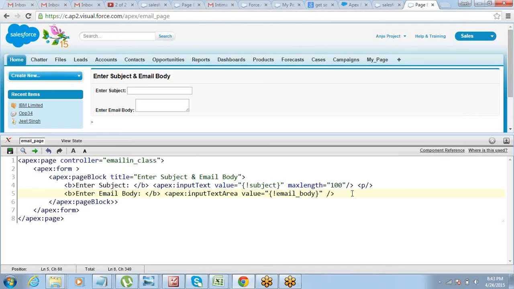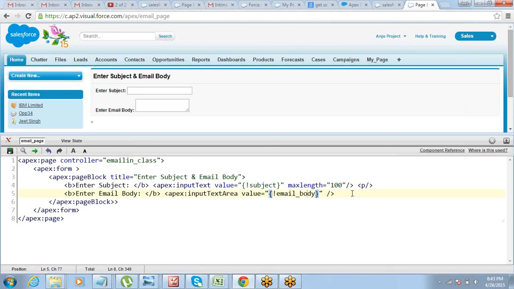Let me remove this. The problem with Visual Force, we have seen that IntelliSense works. You get the attributes and list of attributes automatically, right? But now I'm not getting it.